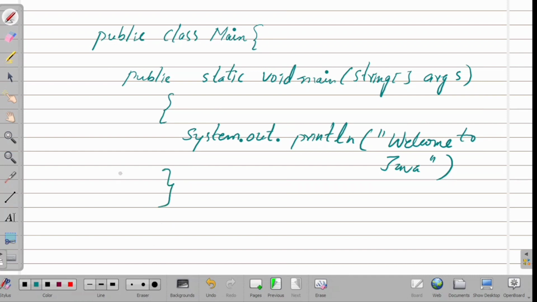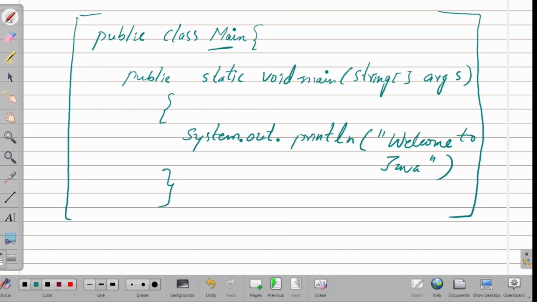So this is a basic program. If you know this, then it is easy. I will explain all the things, what is public, what is class, in the upcoming classes. As of now you simply remember. Every line of code that runs in Java must be inside a class. This is a main condition. So whatever you are writing must be inside the class. And in our example we named the class Main.